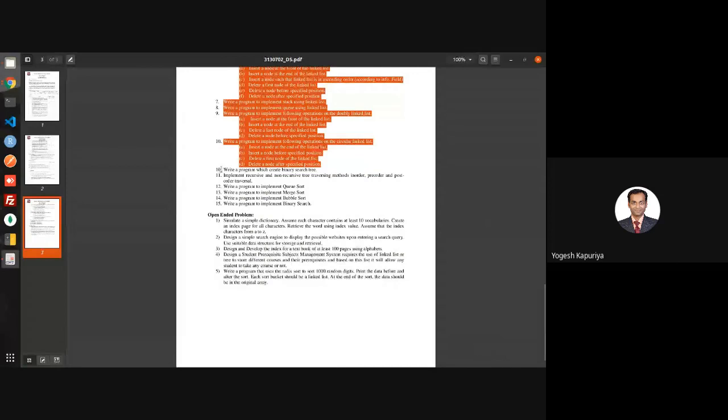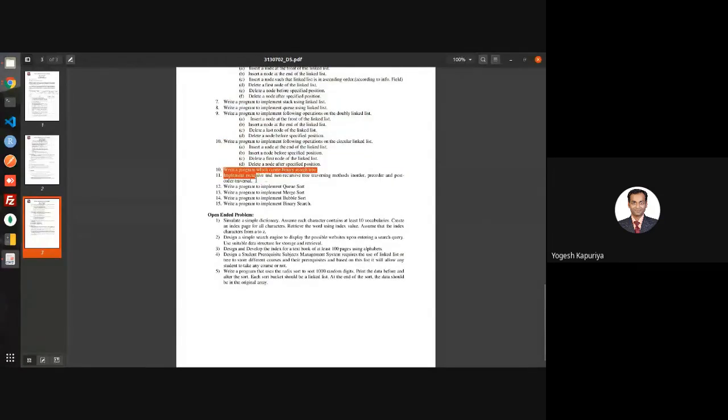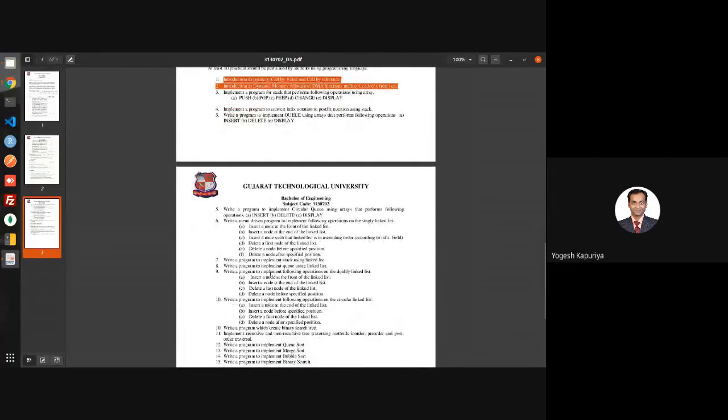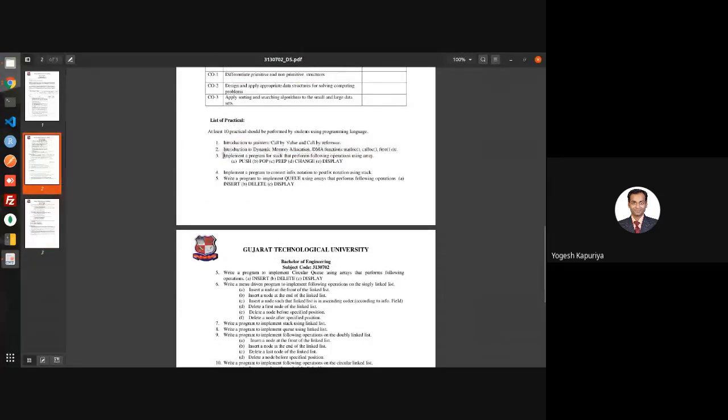Then you have tree related problem statements 10 and 11, and then you have 4 other problem statements which are related to sort. So with respect to the coverage, I know that you can all implement these 4 problem statements, and today we are going to discuss the first two as well, and also I will show you a glimpse of how to implement stack, right? So this will be our part of discussion today.